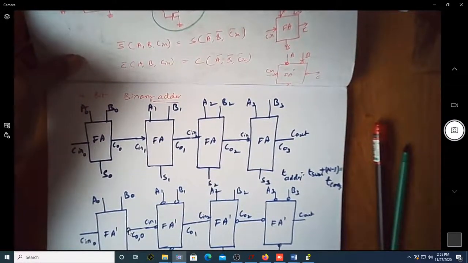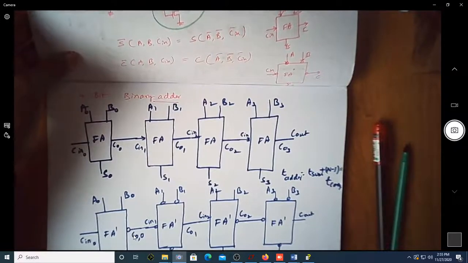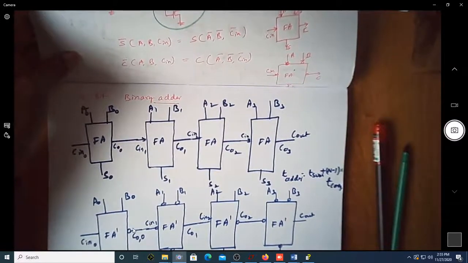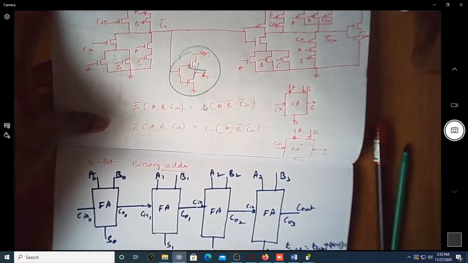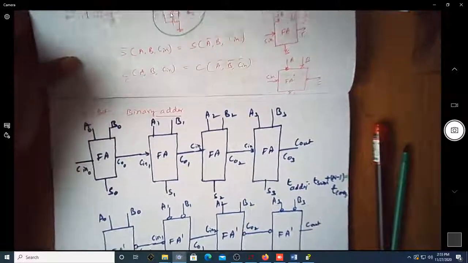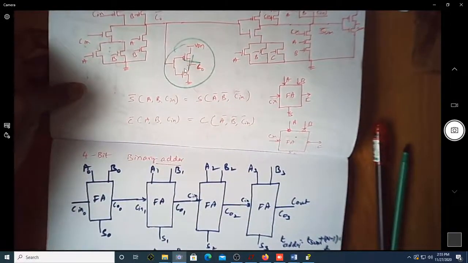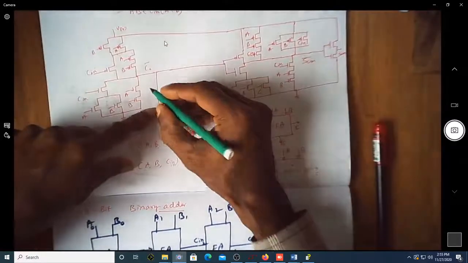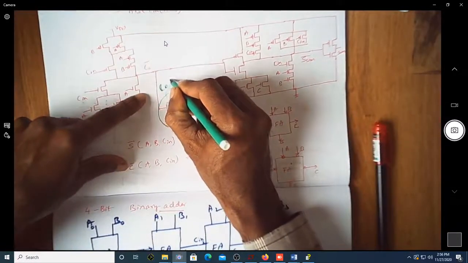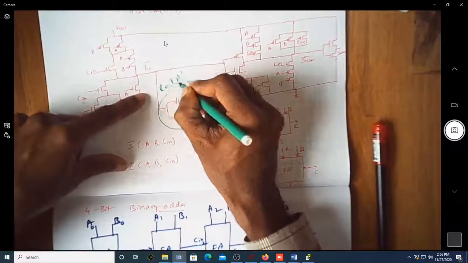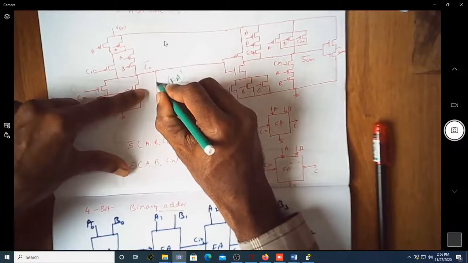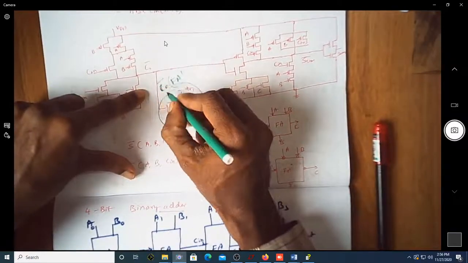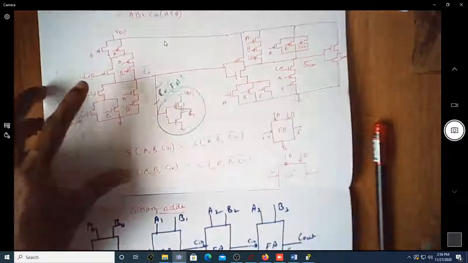So you complement it again so that you'll get the carry output. If you complement the FA bar carry, you'll get the actual carry, because FA bar carry is without this inverter. This is the Cout of FA dash. If you want to get the actual Cout, because this is actually Cout bar, you are supposed to put an inverter at the last stage.